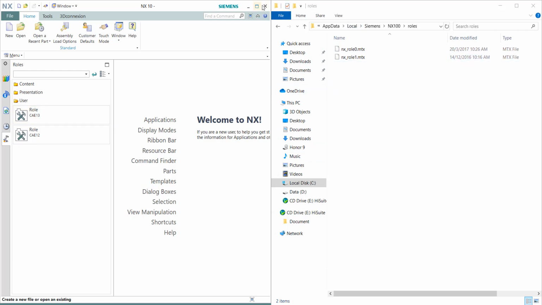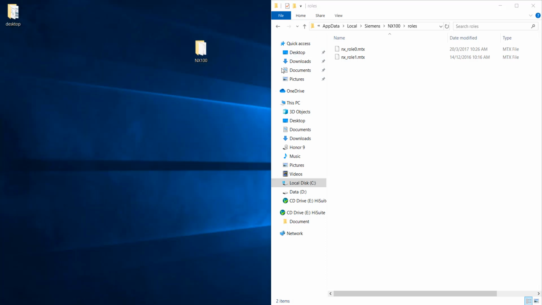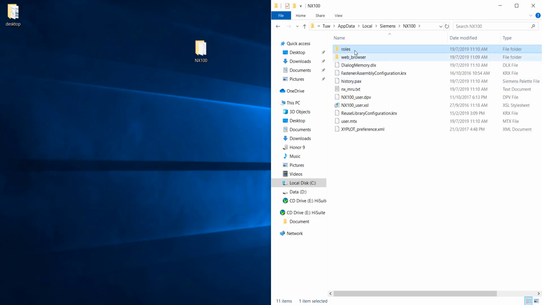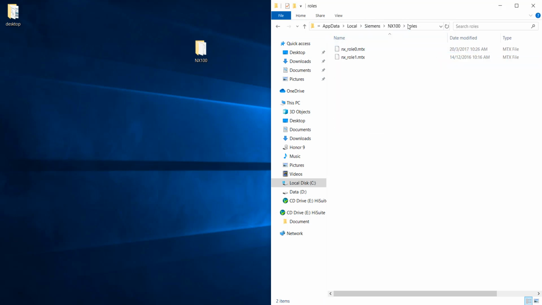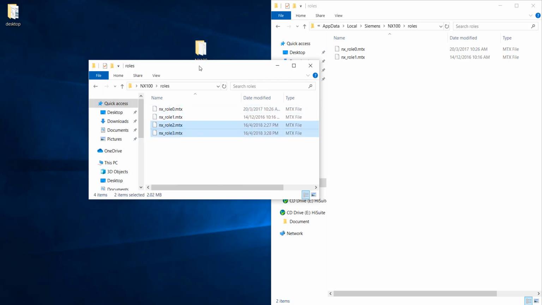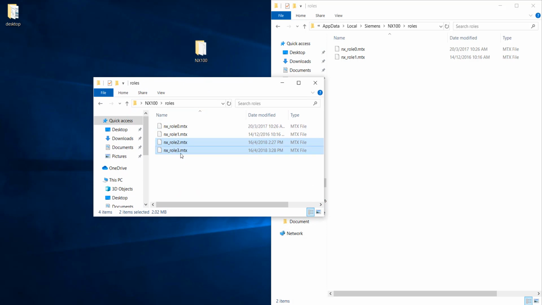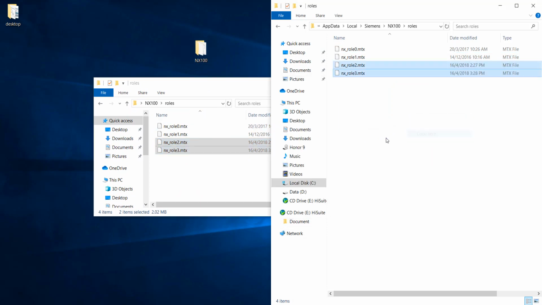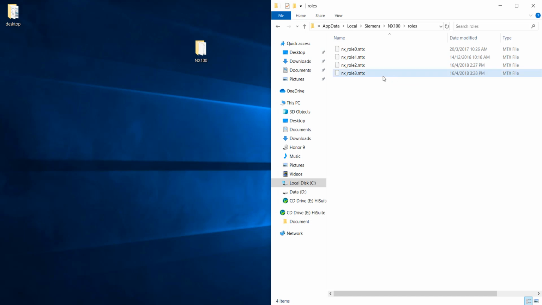Now that I understand the file linkage, what I can do is copy my roles from version 9 to my NX 10. The way to do it is, first of all, I will quickly put back my roles, because I have backed up my files here. So I'll just copy it back to this location. But please make sure that you close your NX application first before you do this operation,